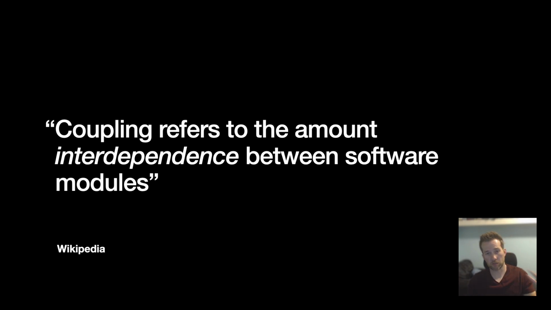Can this thing be changed by itself? This doesn't have to be software modules either, like I said. It could be the modules or elements or components, whatever you want to call it, of any kind of system. Could be business units, furniture, economies. The possibilities are endless. And like many things, coupling exists on a spectrum. Modules can have low coupling, they can have high coupling, they can be somewhere in between.